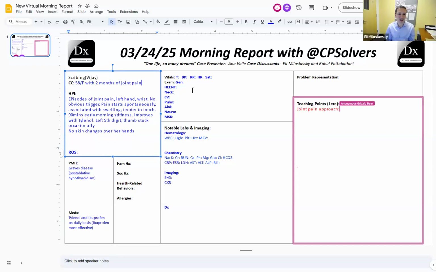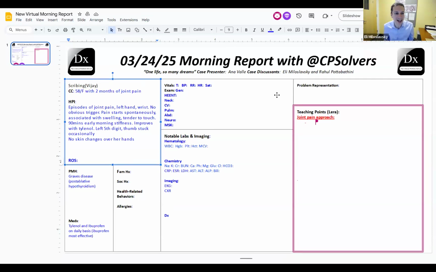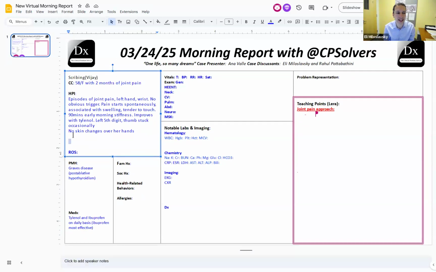Yeah, I mean, I think this is such a great topic to discuss because I remember being an internal medicine resident and just being really overwhelmed with complaints of joint pain. It was hard to know, what do I really need to know about this, how to do the exam, and what I would do with this information. And I think the other key thing to know is that